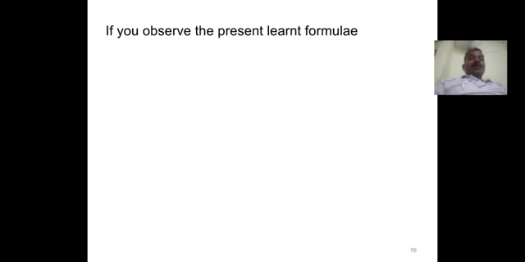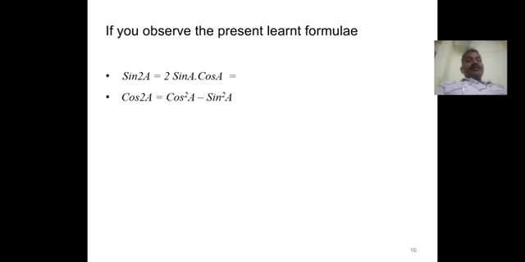Tan 3a is 3 tan a minus tan cube a by 1 minus 3 tan square a. These are the principles. And cot 3a is cot cube a minus 3 cot a by 3 cot square a minus 1, or you can write this as 3 cot a minus cot cube a by 1 minus 3 cot square a, which is also right by multiplying and dividing with a negative sign for the numerator and denominator. So that's also correct. Now these are in terms of a.